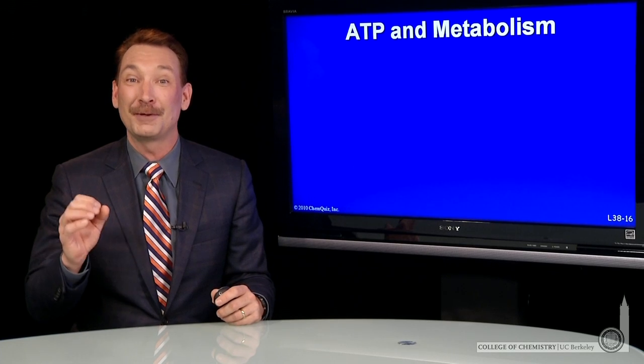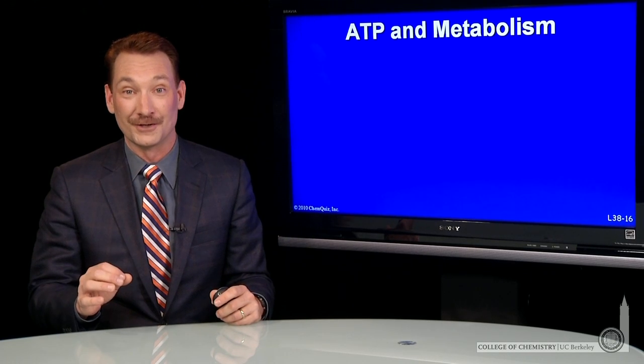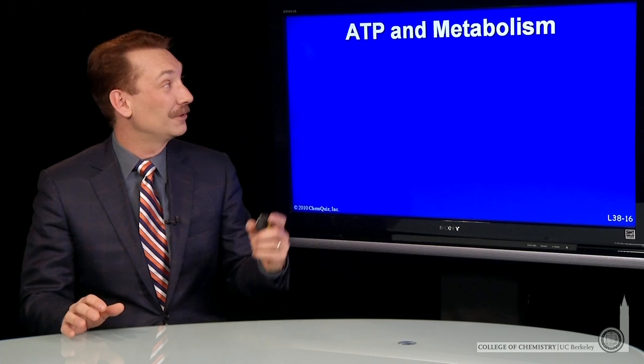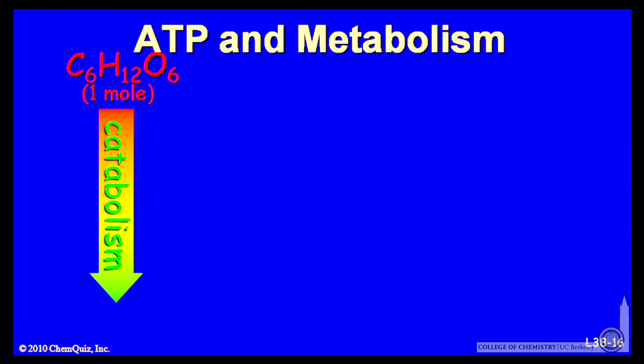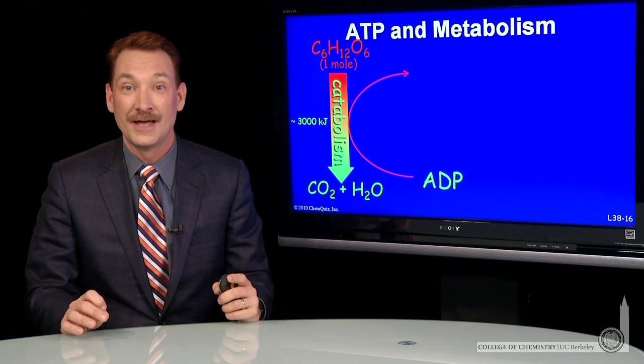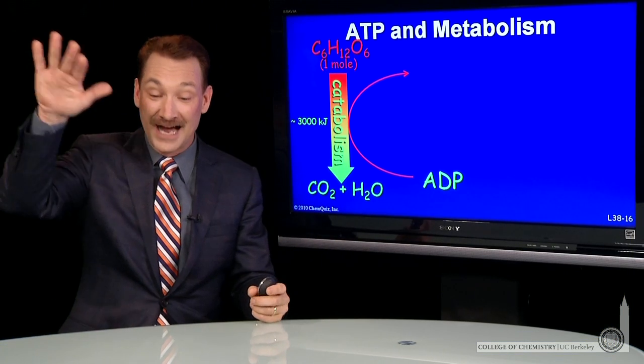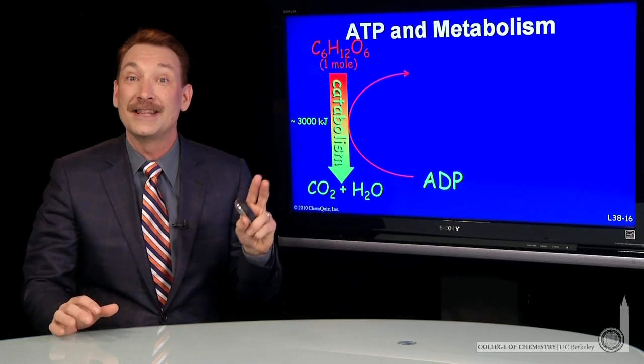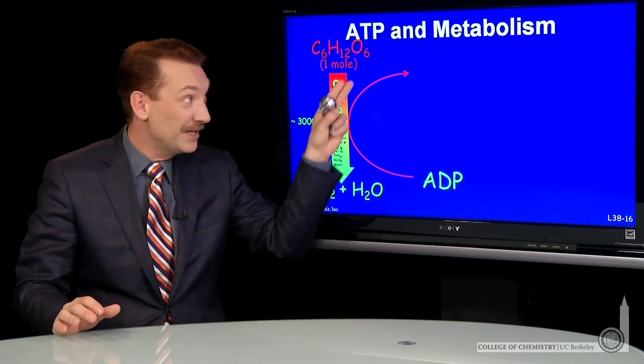Our bodies use the metabolism of glucose as an energy source. Every mole of glucose that is catabolized into carbon dioxide and water, oxidized as we know, produces 3,000 kilojoules per mole of glucose oxidized. Now, that oxidation is downhill in free energy, and that's coupled to an uphill in free